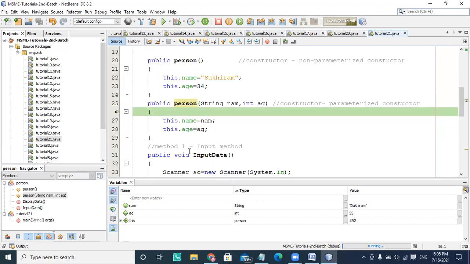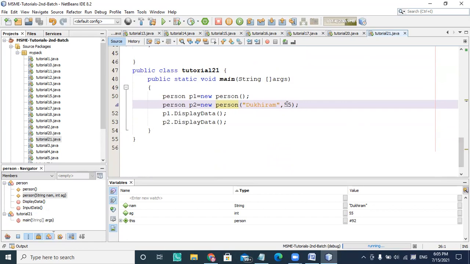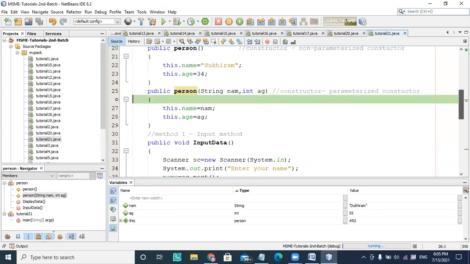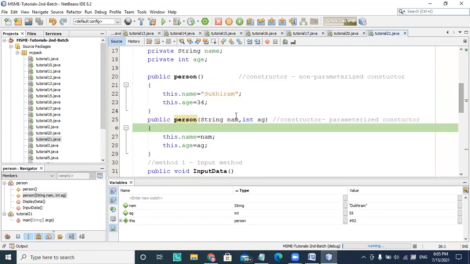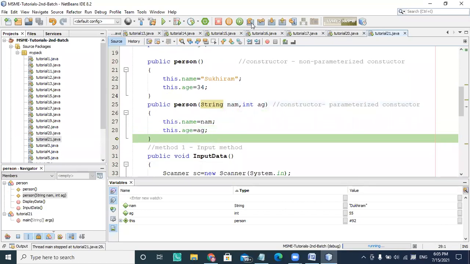Then the respective function is called in constructor overloading. Here, this is string data and this is integer data, so my signature is matching. I'm providing string data and integer data, so that's why this particular constructor is called, and it initializes those values.